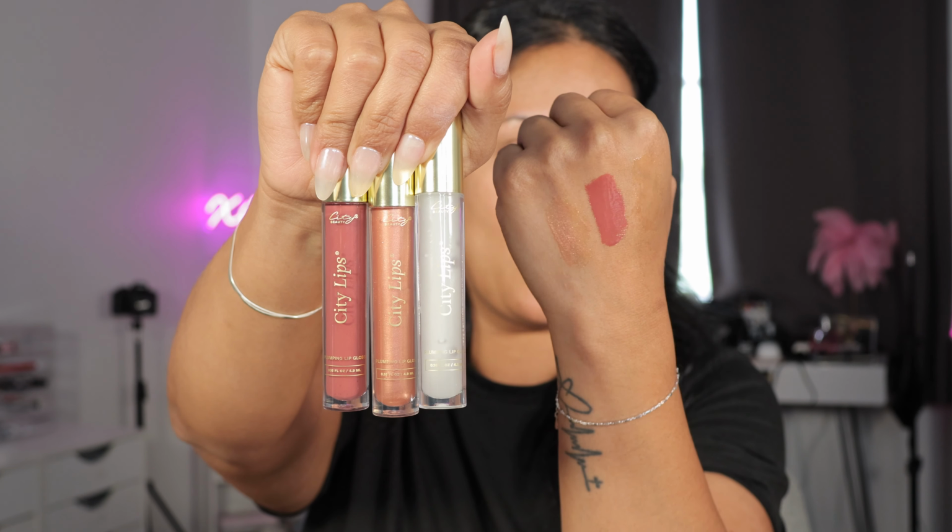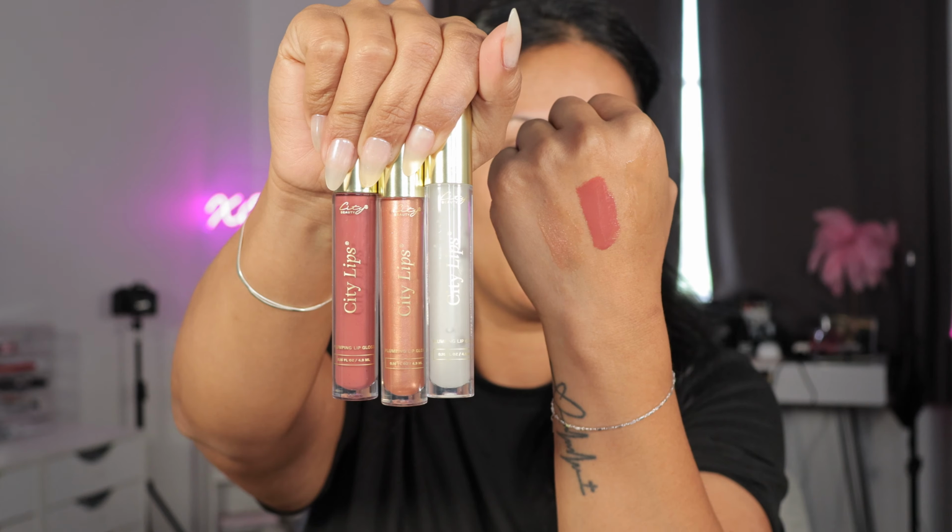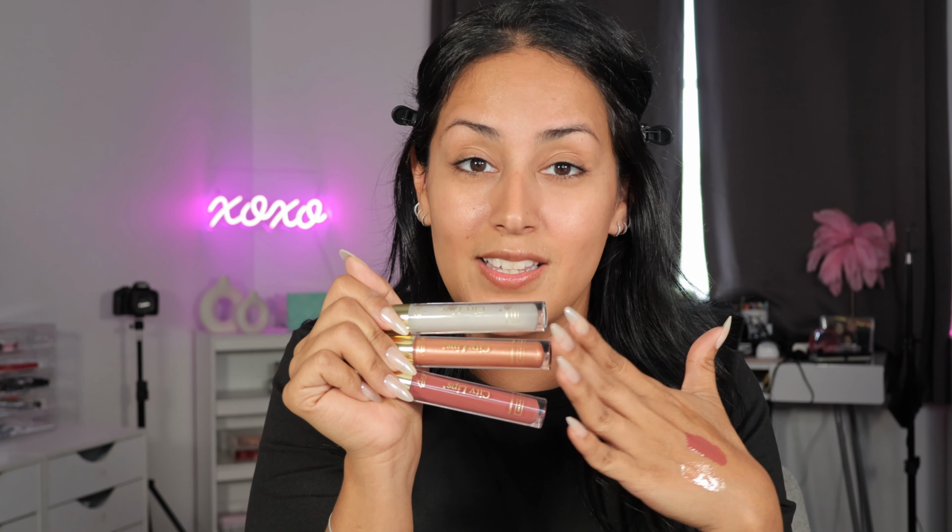They don't burn, it doesn't sting. You automatically feel like it does something. I feel my lips just feel firmer and they look plumper. You visibly notice the difference the moment you apply it. And here we have our 3 shades. But what makes it super special is that it contains hyaluronic acid, which supports hydration and the look of plumper